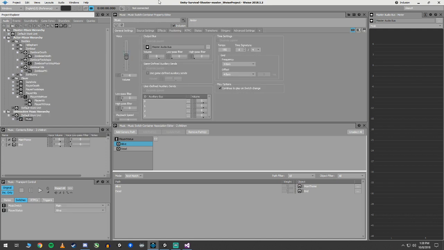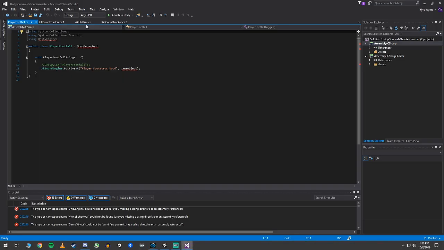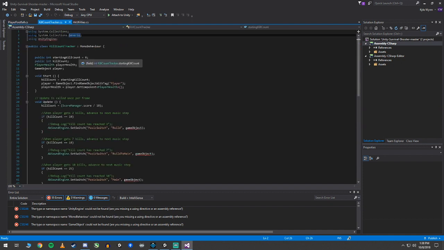But on the music side, I wanted to not focus as much on the composition, but focus on how I would implement a dynamic music system. And I'm using two sets of switches. The first one is the kill count, switching and progressing the song forward. So I have a script called kill count tracker that takes the score, and for every couple of kills it'll advance and set the switch to be a new